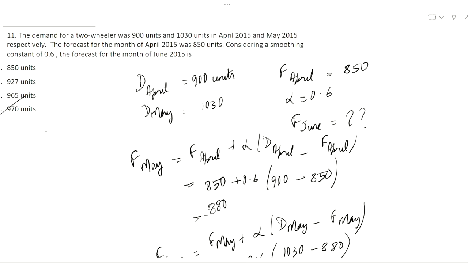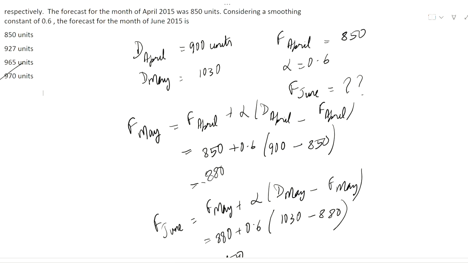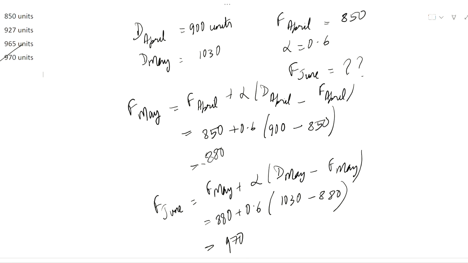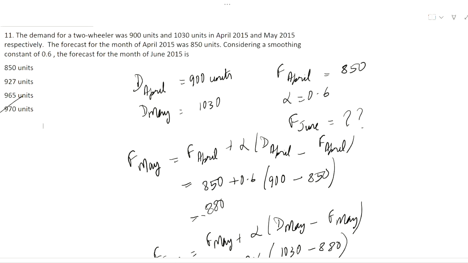Next, this is a question on the exponential smoothing method. Here the demand for April and May is given, the forecast of April is given, and the forecast of June is asked. So first we find out the forecast of May by putting in all the data. Again we find out the forecast of June. Now here the smoothing constant